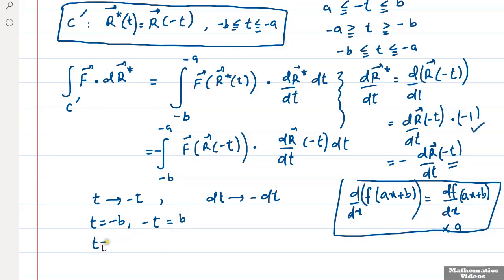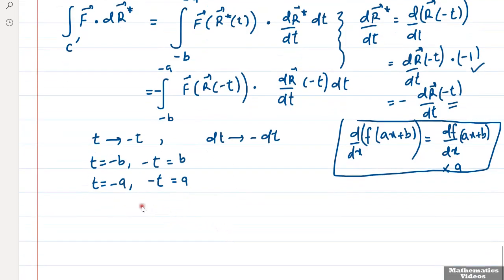Similarly, when t is equal to the upper limit of integration, that is minus a, then minus t becomes equal to a. So in this case we have this integral equal to minus times, in place of minus b we have b, and in place of minus a we have a, and then f of r of, in place of minus t we have t,